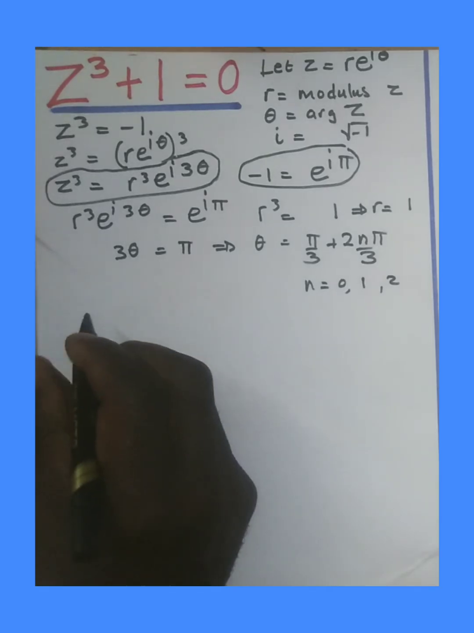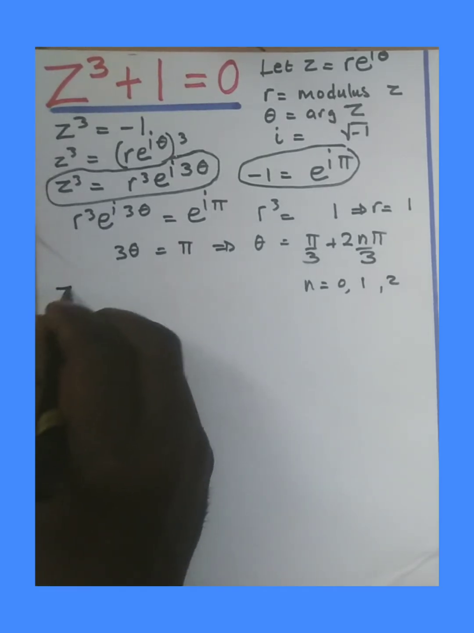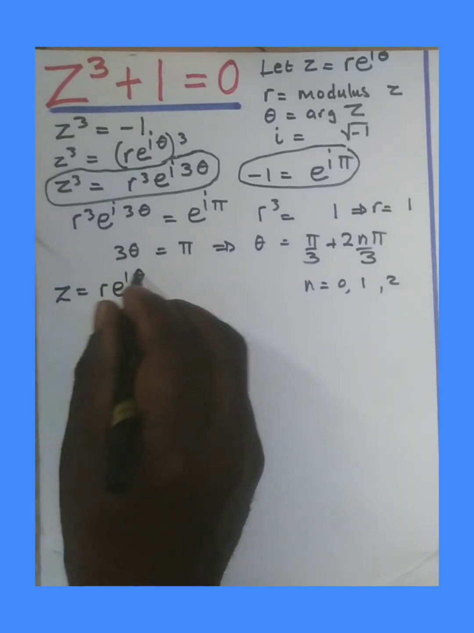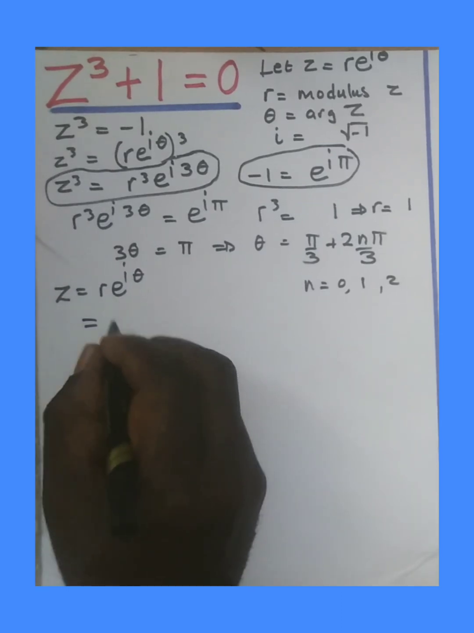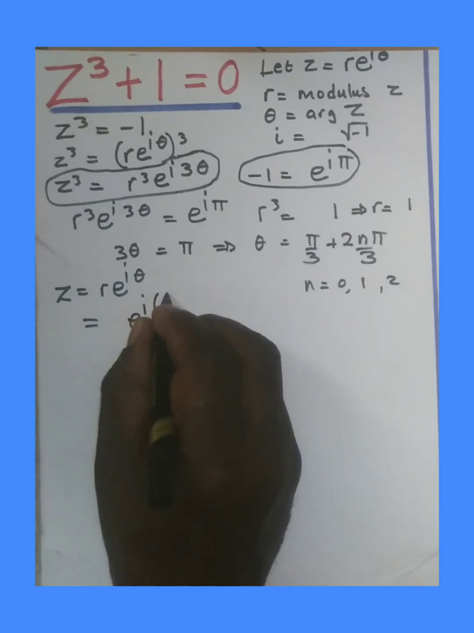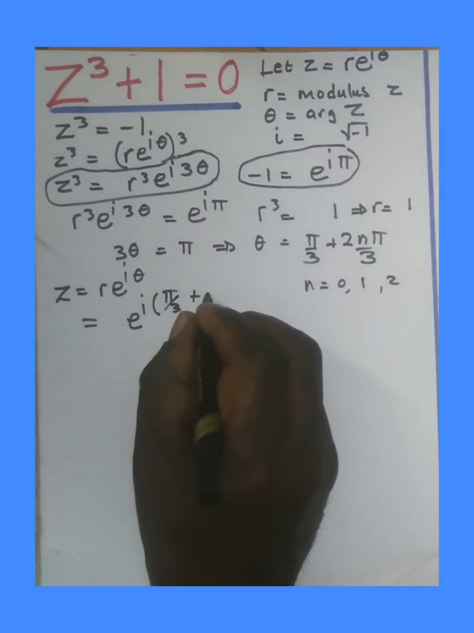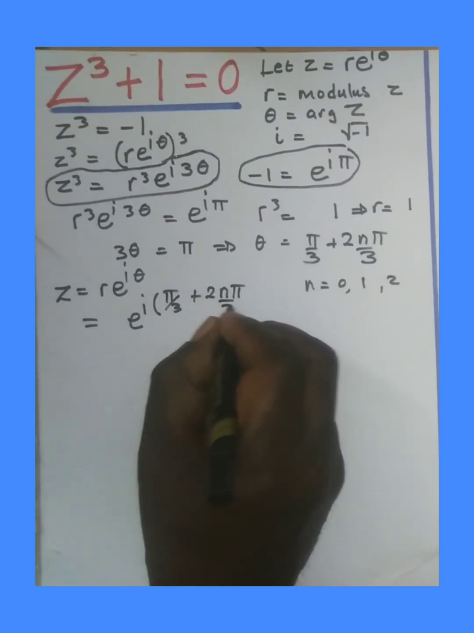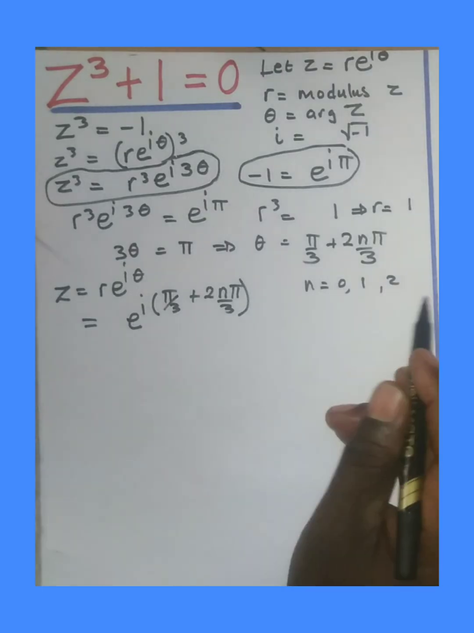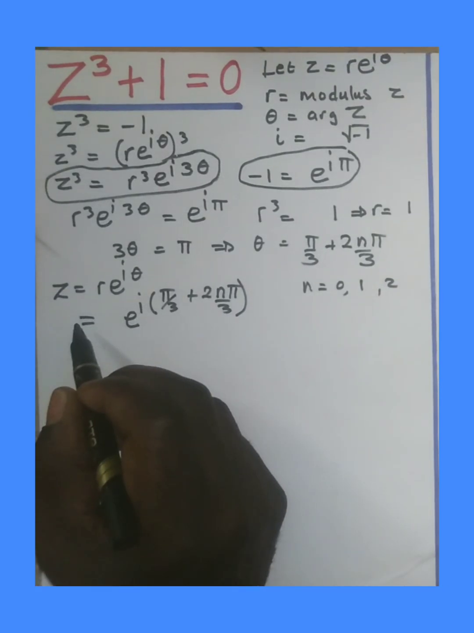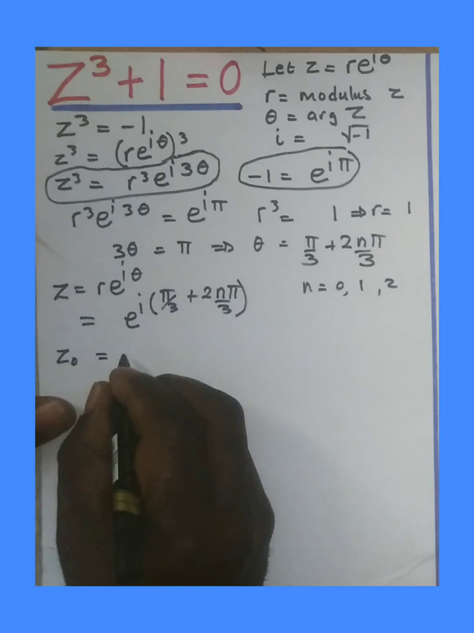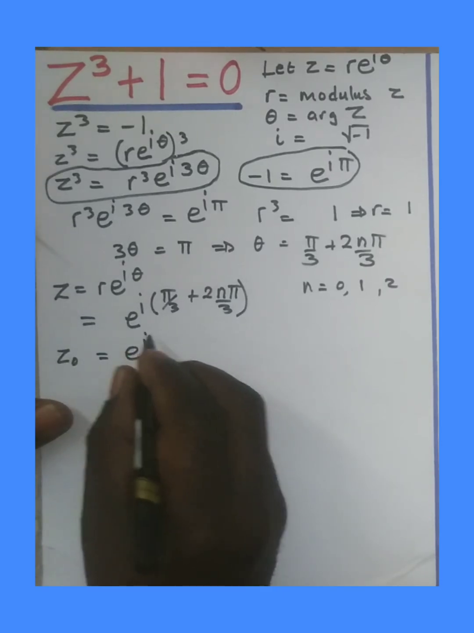So therefore, our complex number z, remember z is equal to r e to the power i theta, becomes e to the power i brackets pi over 3 plus 2n pi over 3. Remember, our n takes the values 0, 1, and 2. So what is z when n is 0? Let's call it z0. This will be equal to e to the power i brackets